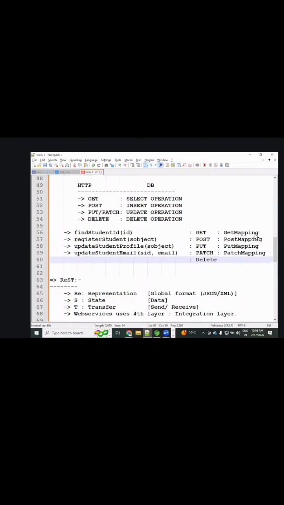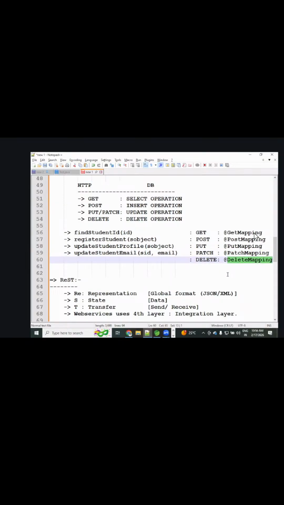For delete, @DeleteMapping. Okay, now these are the annotations we are going to use directly from tomorrow onwards.